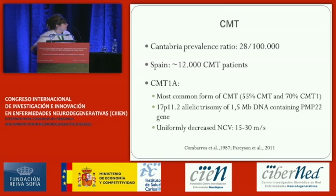As you know, CMT is the most common form of hereditary neuropathy, with a prevalence ratio in Cantabria of 28 per 100,000 people, and in Spain it's estimated there are around 12,000 CMT patients. CMT1A is the most common form of CMT, reaching 55% of all CMT types and 70%